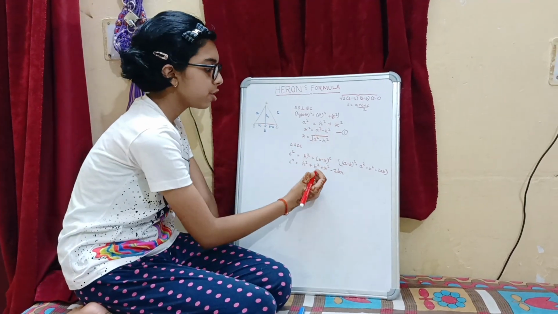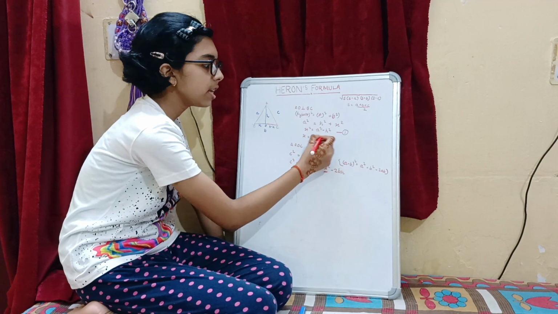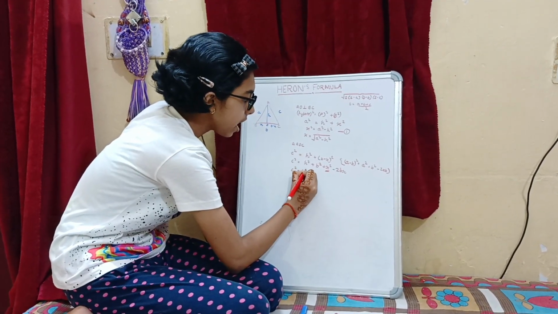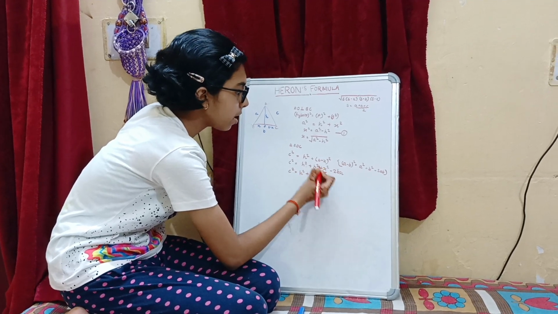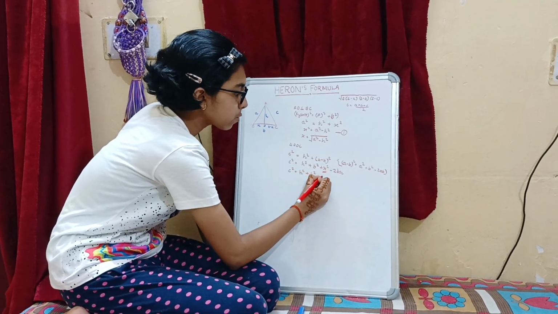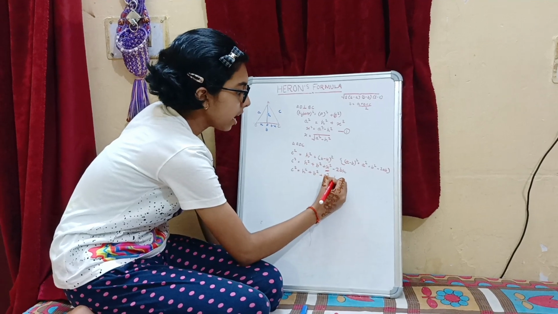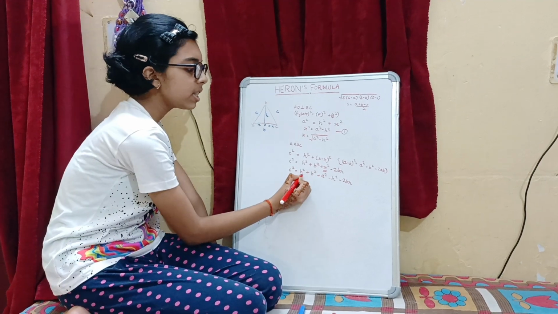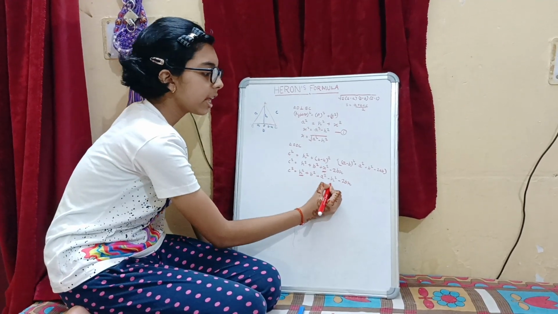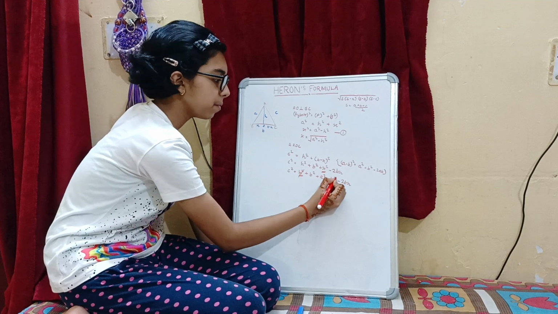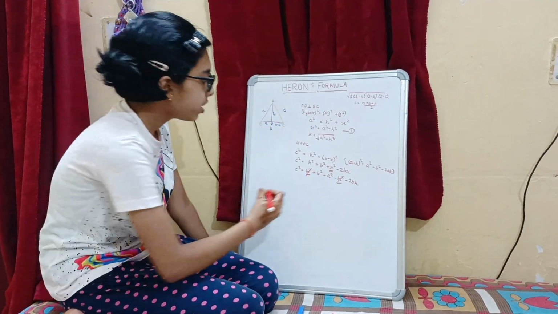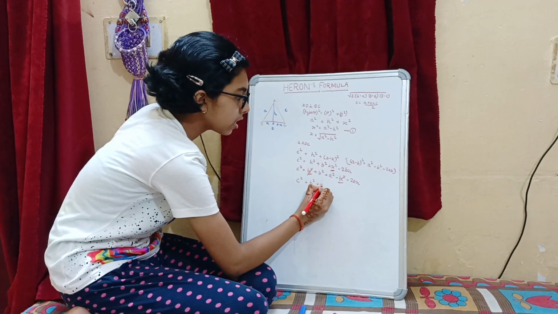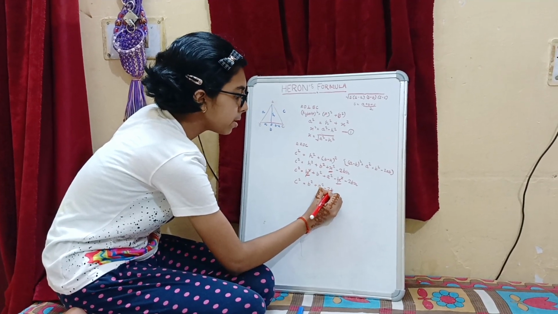Now from the first equation we can see the value of x square is a square minus h square. So we will interchange it: c square is equal to h square plus b square plus a square minus h square minus 2bx. Here you can see this is a positive h square and this is a negative h square, so they will get cancelled. Now it remains c square is equal to b square plus a square minus 2bx.